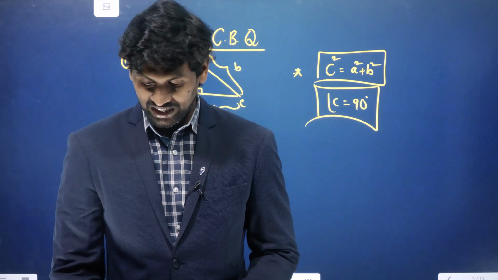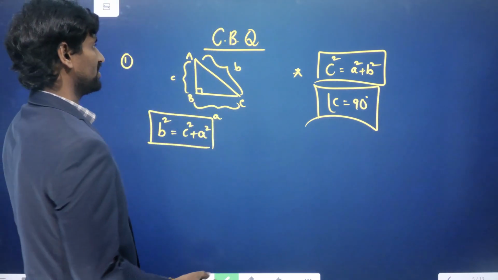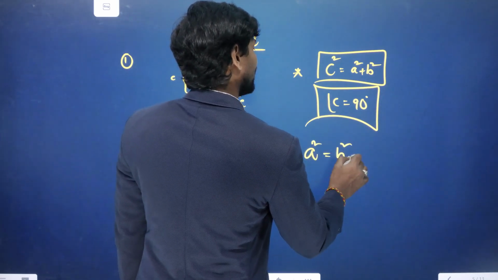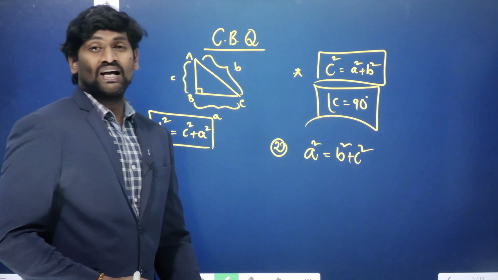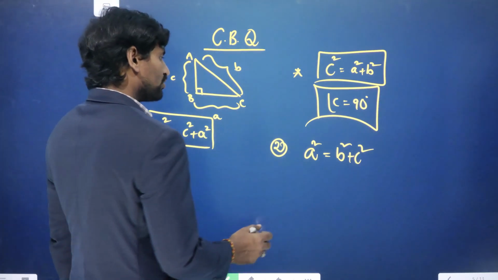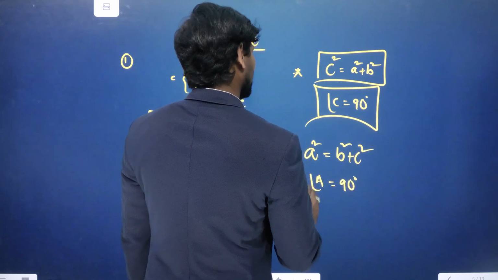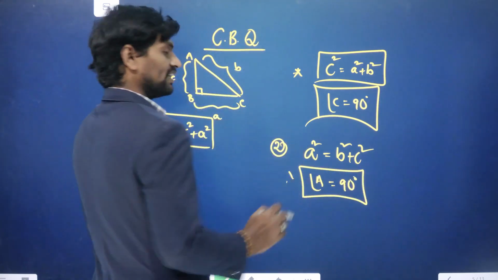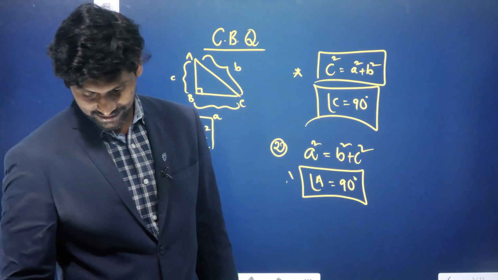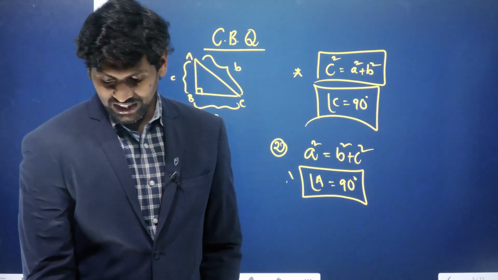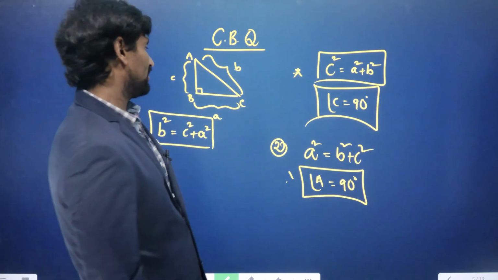In triangle ABC, A square is equal to B square plus C square. Same condition I told you, no? So A square is equal to B square plus C square. Then the right angle is located at vertex A. Angle A is equal to 90 degrees. Okay? Now the third one, if B square is greater than A square plus C square,